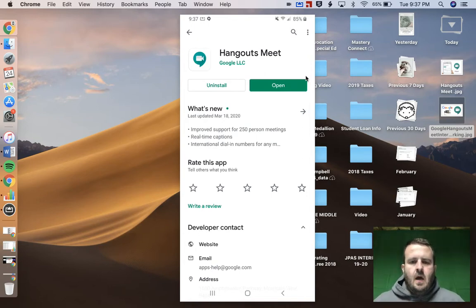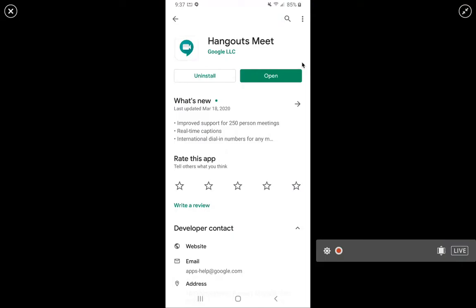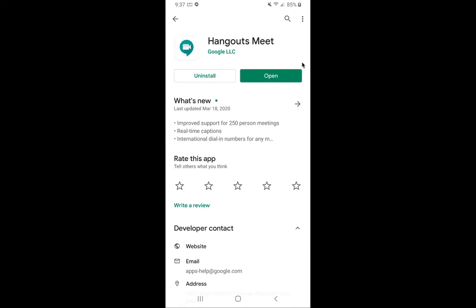So what you're going to want to do is go to your Google Play Store. I've already actually have it downloaded. You're going to search for Hangouts Meet or Meet through Google. It's interesting because when you search in the search tab, the name of the app is Hangouts Meet, but when you actually pull it up on your phone after you download it, it's just called Meet. They actually updated last week, right? So you can see that they did some improvements as far as real-time captions and international calling and adding 250